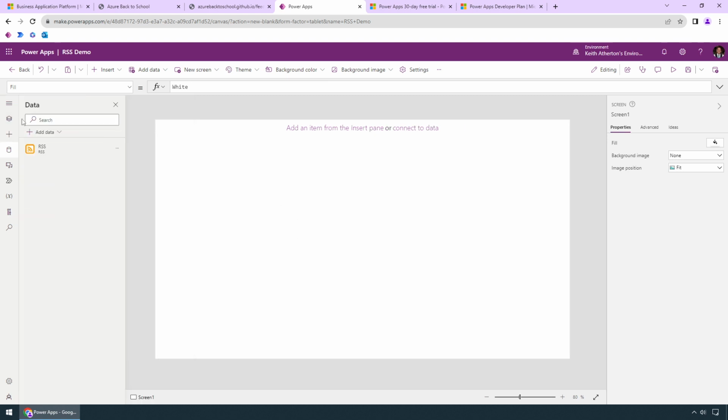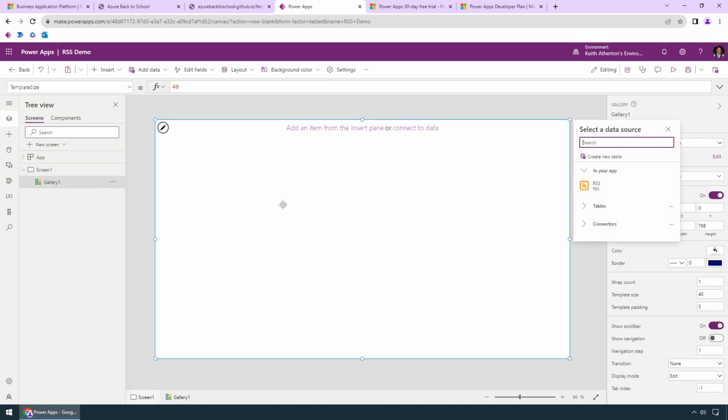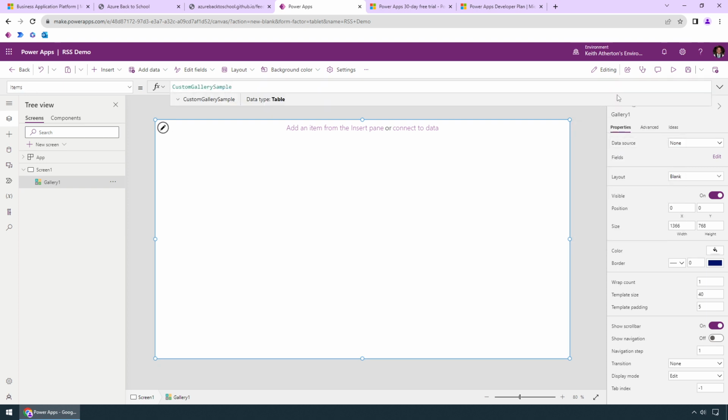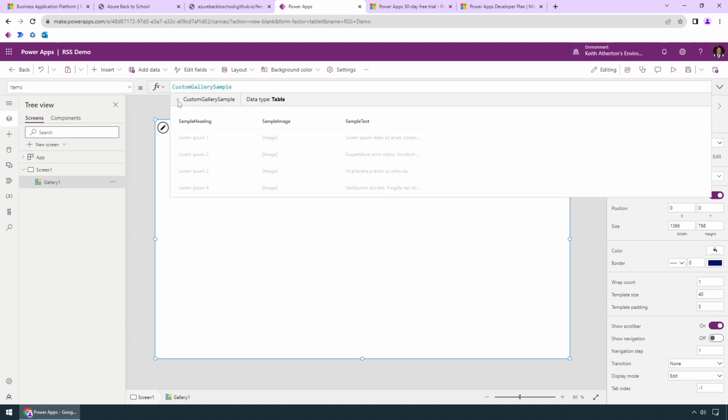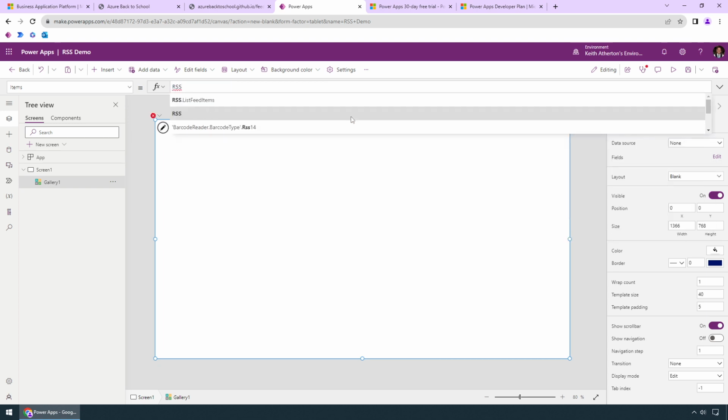Let's minimize that. Great. So now it's ready to use in the app. If I go right here, we're going to select this gallery. And again, it's quite keen on trying to give us a data source right here. I'll actually go to data source and view this up in the formula bar right here with this FX. So again, we had some dummy data to start with, and we can see that lorem ipsum right there. But what we actually want to do is call the RSS feed,